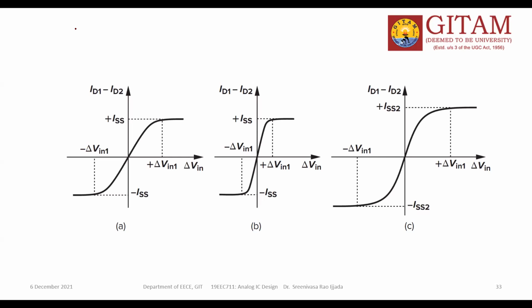So Vx minus Vy total. This is the output, of course. What is the input? V in 1 minus V in 2 is equal to minus Gm into RD. What is the minus Gm into RD? This is the basic CS amplifier gain. What is the basic CS amplifier gain? Minus Gm into RD.